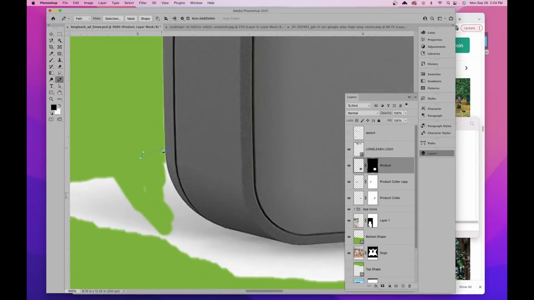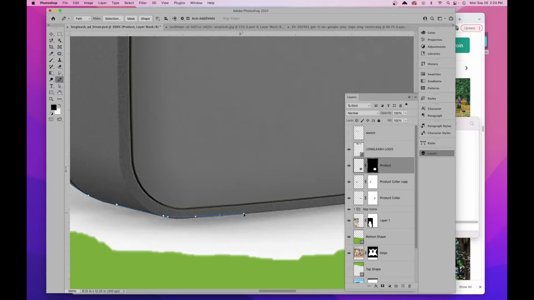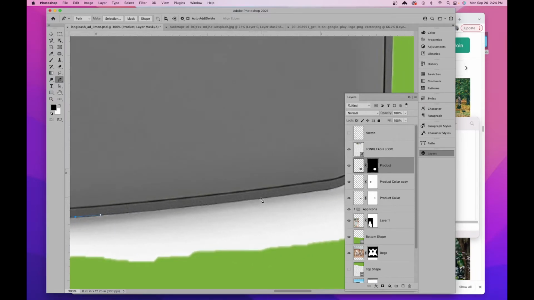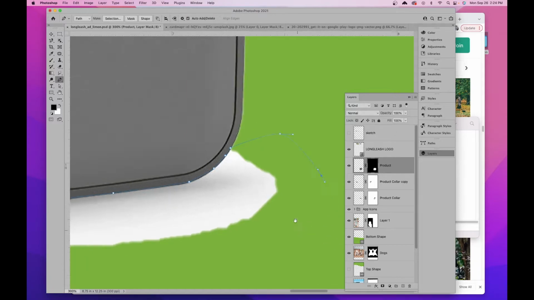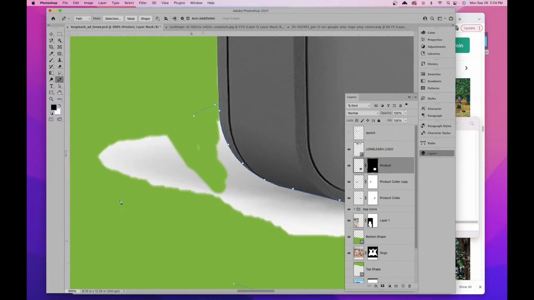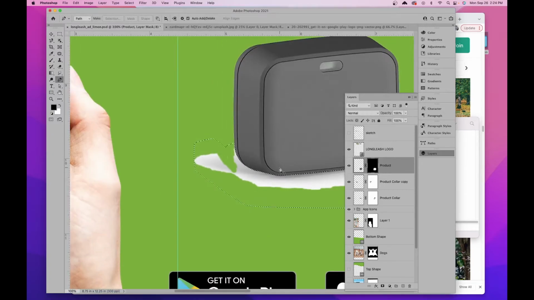the trusty pen tool, and select all this area. Make sure I go into a little bit of that tracking device, because I don't want any of the white to show. And what I'm gonna do is make a selection to select all this white that was left. Right click, make a selection, okay, and then now if I do